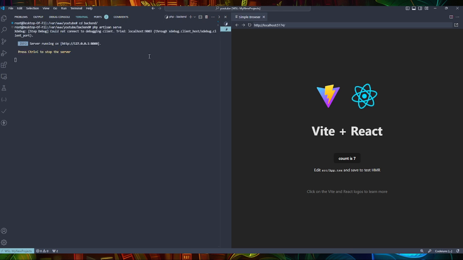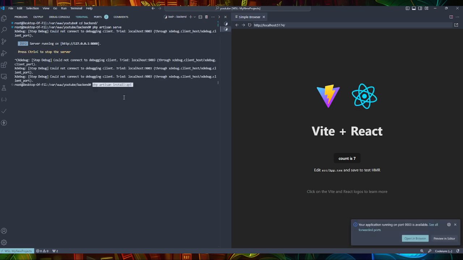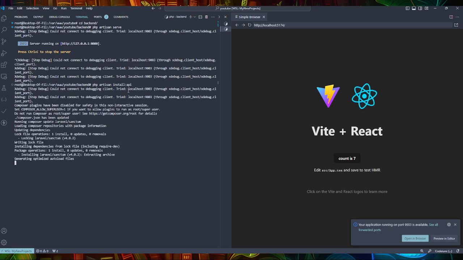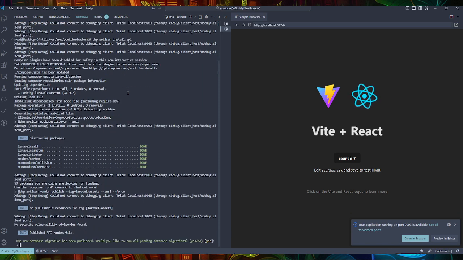According to the documentation, this will be the artisan command that I'm going to run to be able to establish an API using Sanctum. So let's run the